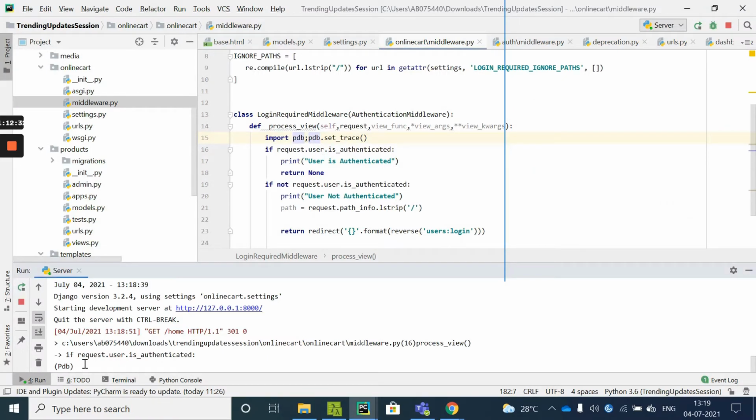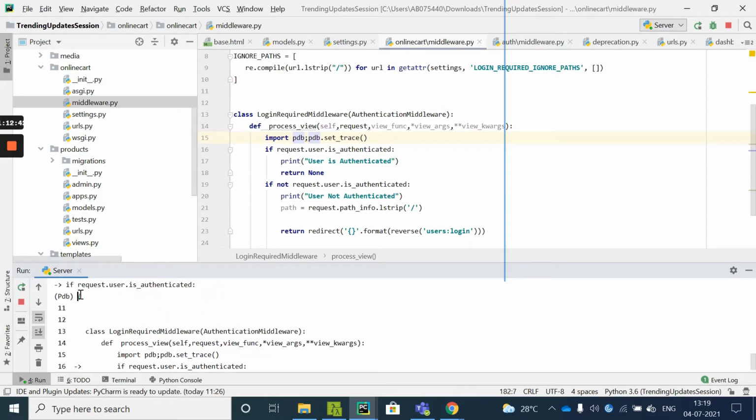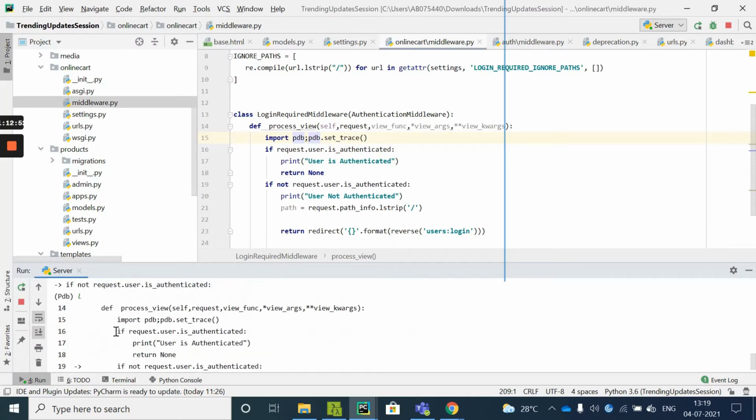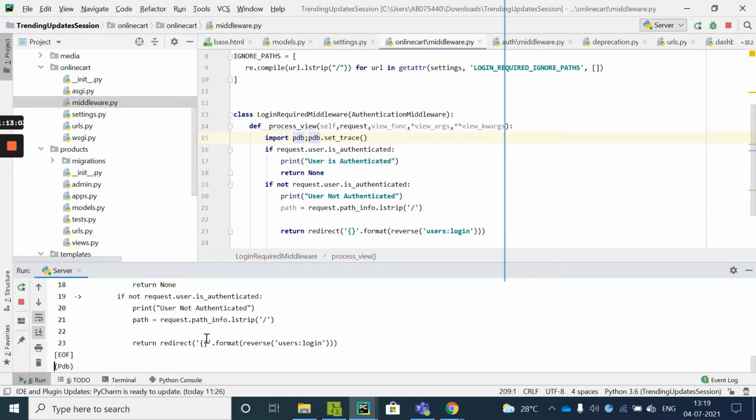When you want to see what line it's going to execute, this is the line it is going to execute next. You just need to put in l for list, and then say n to move on to the next line. You saw here it got executed. It checked whether the user is authenticated or not, and the user is not authenticated because we have not logged in to the system yet.